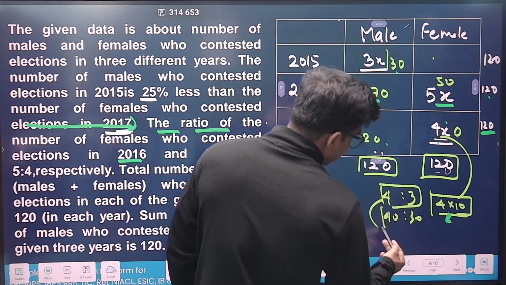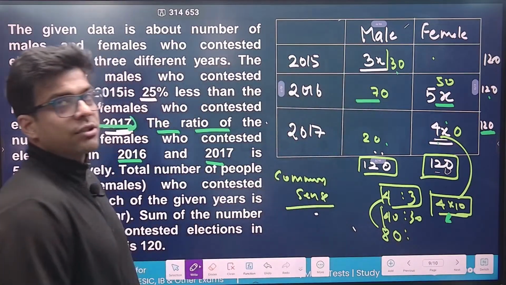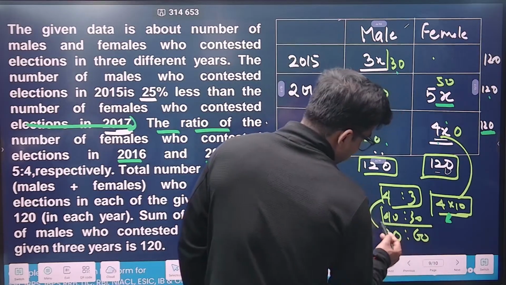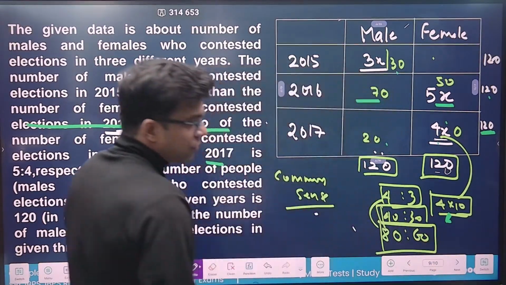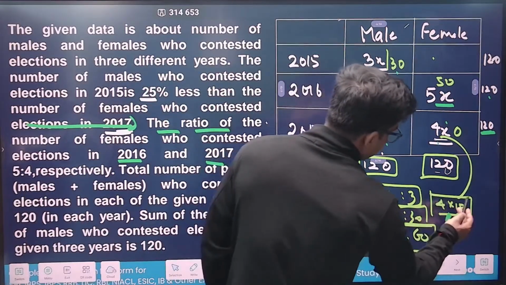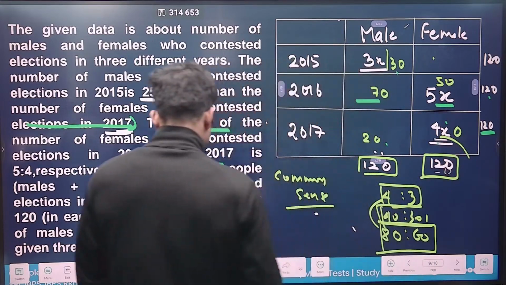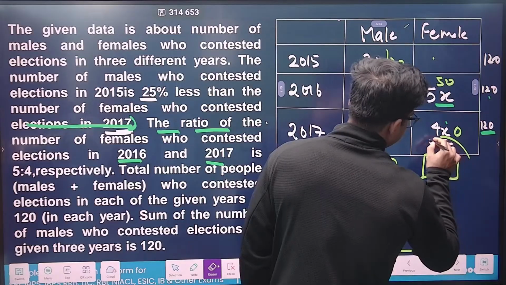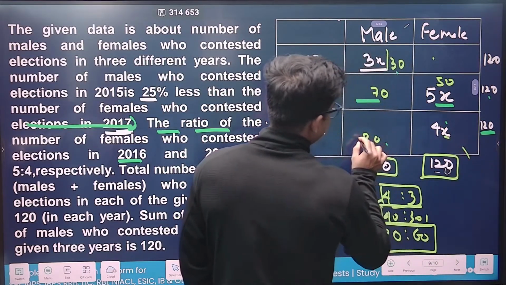So the next ratio would be 80 is to how much? 60. Is it right? Because this went wrong, na? If this went wrong, then this should be the ratio 80 is to 60. So if 80 to 60 is the ratio, then the value of x now will become what? So from here, see, from here, let me erase every part.